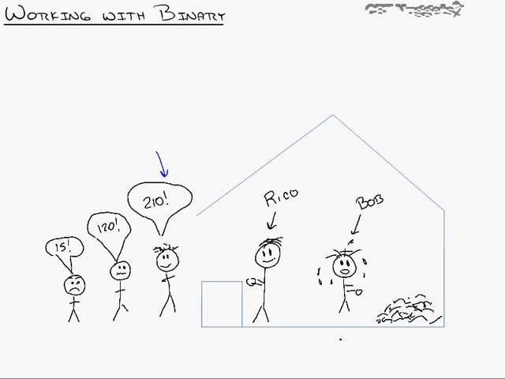And Rico would yell back to Bob, "Hey, Bob, 210." And Bob would go, "Okay, okay." Run across the building, grab one. Poof, put the one on the counter. So you got one brick. And then Bob would run across the building, grab another brick, and run back to the other side, pile the